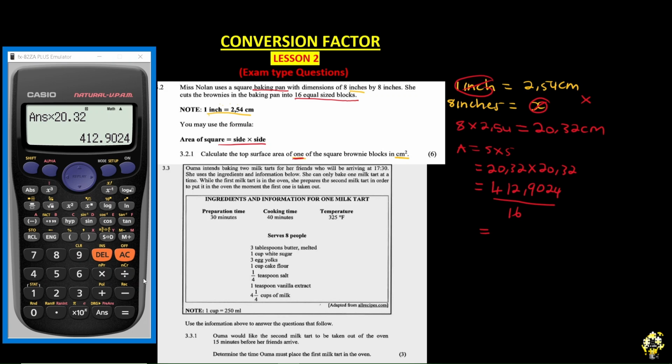And let's see again. I do not have to go back. I can simply say divide. It will take the answer that I already had, and I say by 16. And now I am going to get 25.864 centimeter squared. Now I can round this off to two decimal places, and that would essentially be